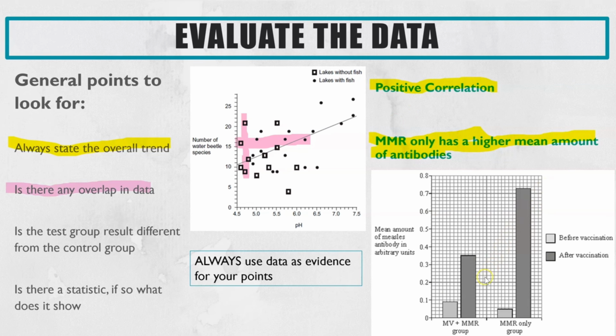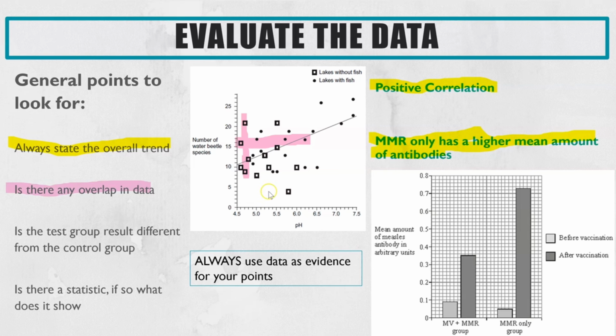Now on this one here, any overlap in the data, we can't actually see this particularly clearly without standard deviation. So for this, any overlap in data, for a bar chart, you'd want standard deviation bars to be able to comment on that. The third general point that you should always be looking out for is comparing your control group